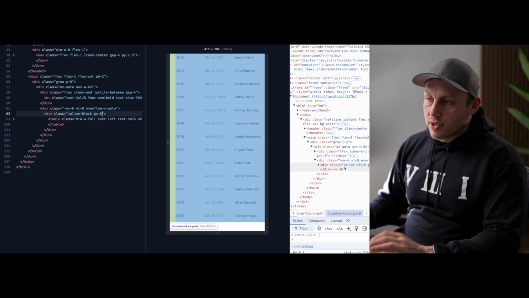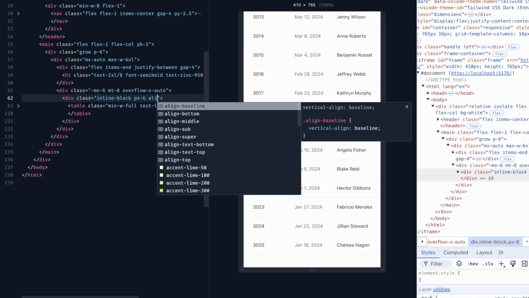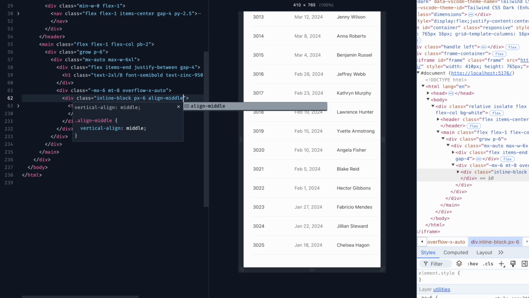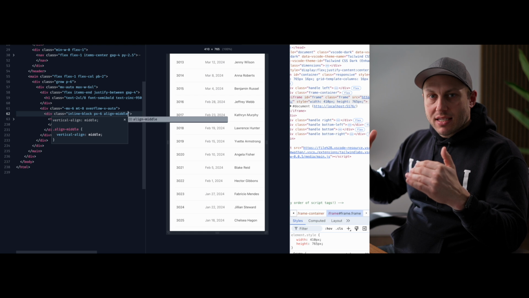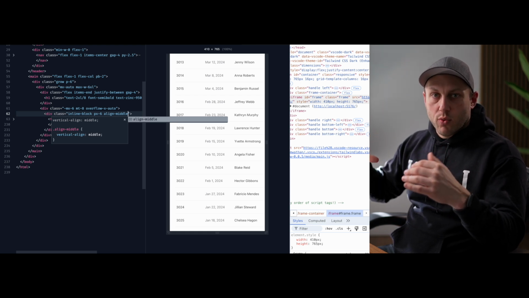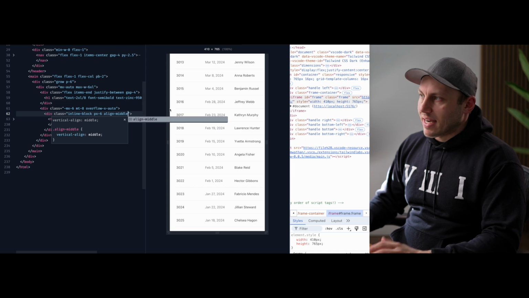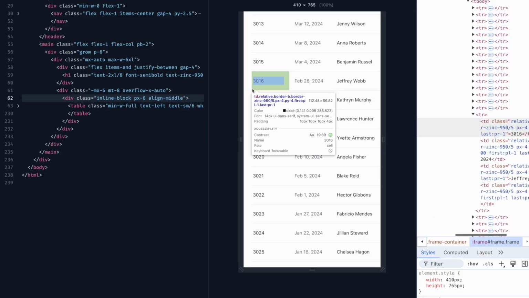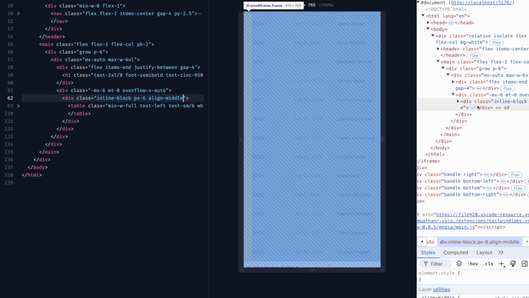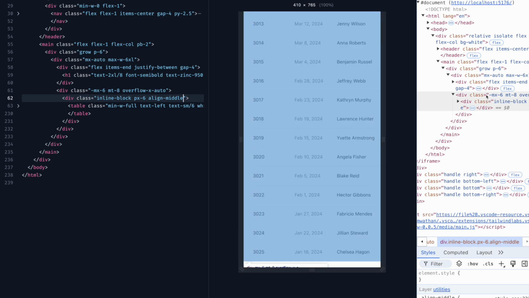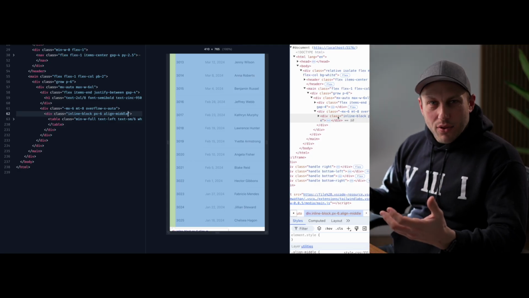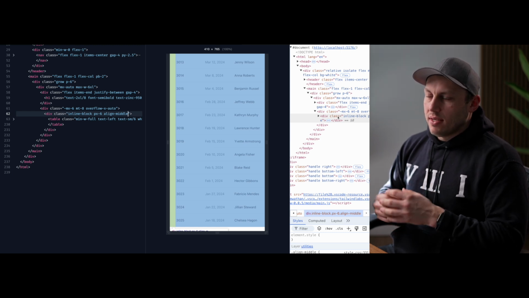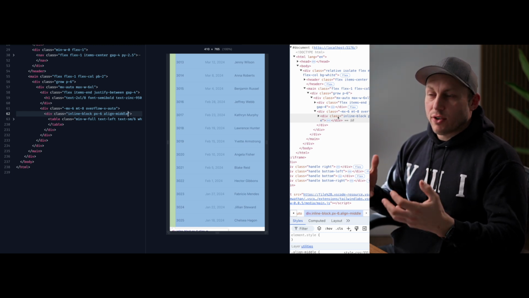So I'll walk through two solutions. One solution is to add align middle, which sets vertical align middle. And this is going to tell this element not to try and align things by baseline anymore. It's going to try and just center it with other inline elements that it's in flow with. And now you'll see that these elements are the same height. Okay, there's no extra height. So that's one solution. To me, it feels like a little bit hacky, though. It feels like we're sort of repurposing some elements of CSS in sort of a tricky way